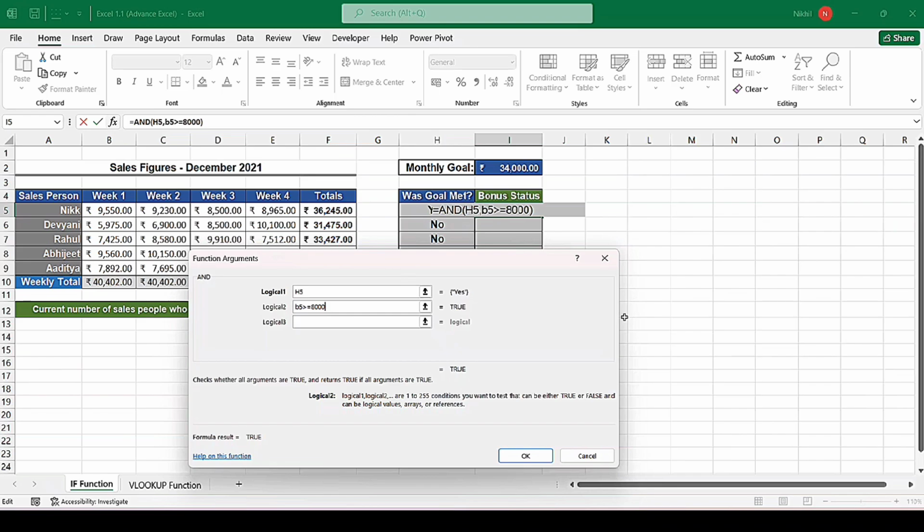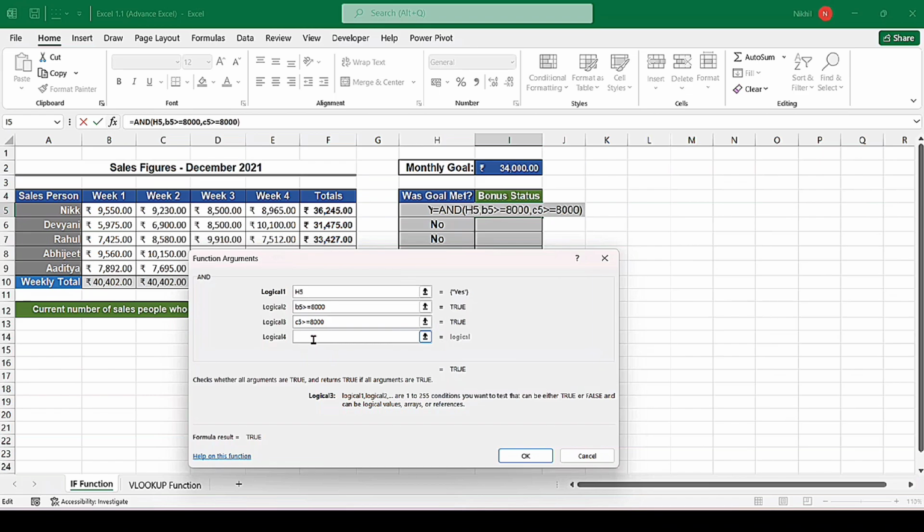But in logical 2 argument we have written for week 1 only. We have to write for all the weeks. So now we will click to logical 3 argument. There we will write C5 greater than equal to 8,000.